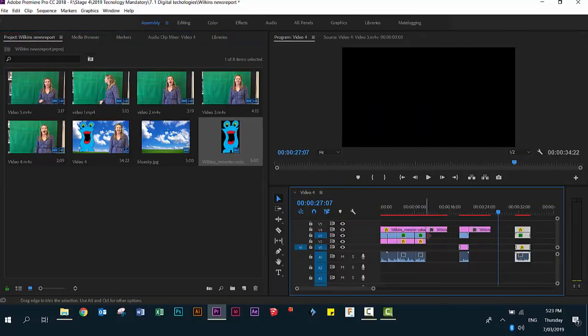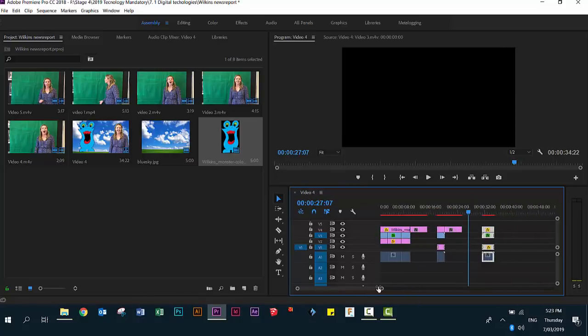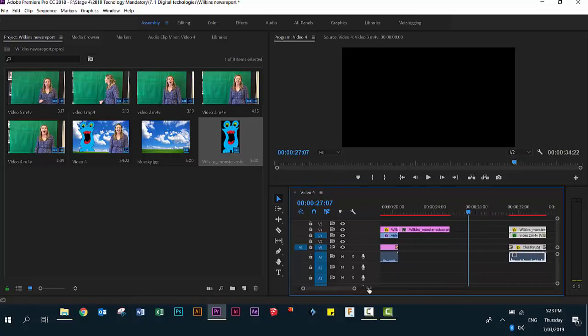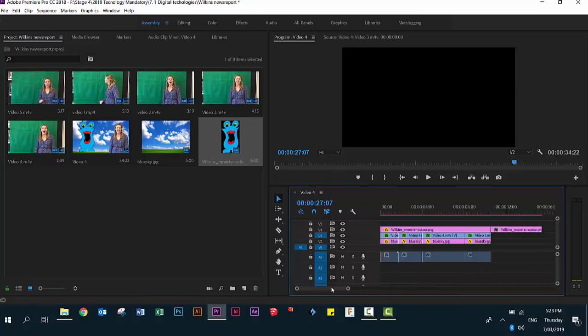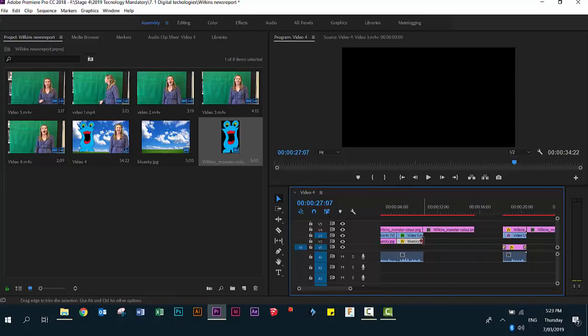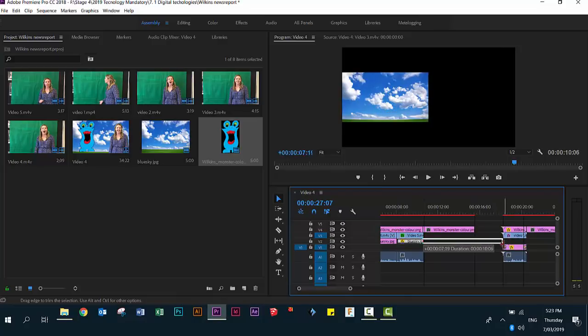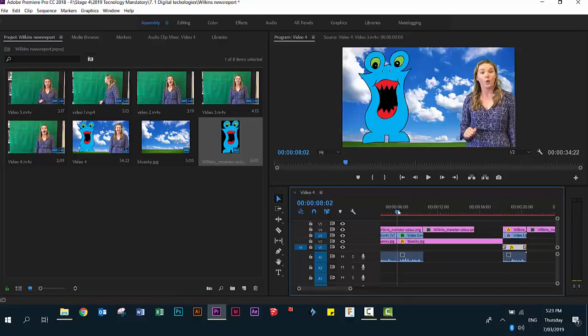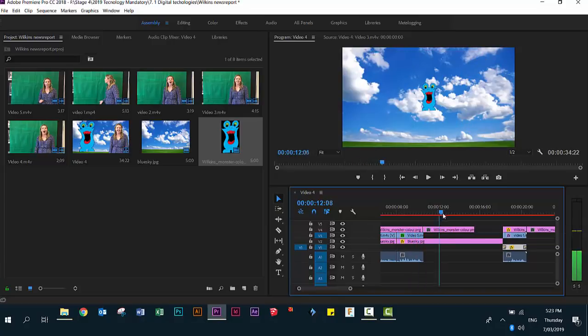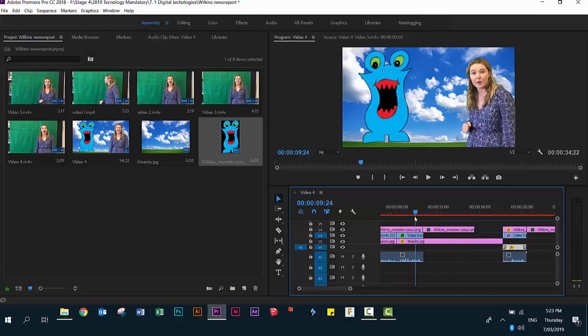We need to add blue sky into both of these clips here so it looks consistent with the rest of them. So I'm going to zoom out a little and then right along. I'm going to find my blue sky, my most recent one. I'm actually going to stretch that blue sky to here and then preview what I've got. So I have monster